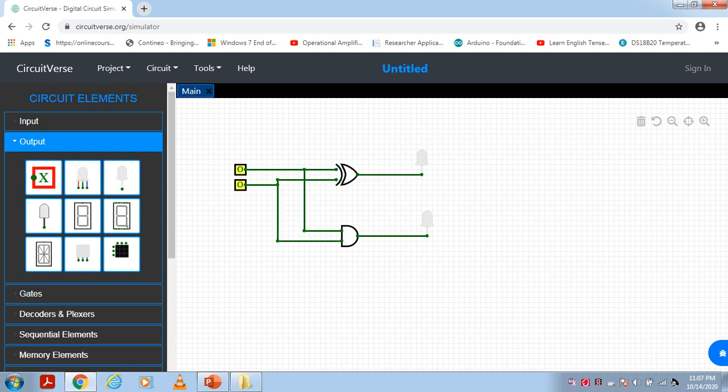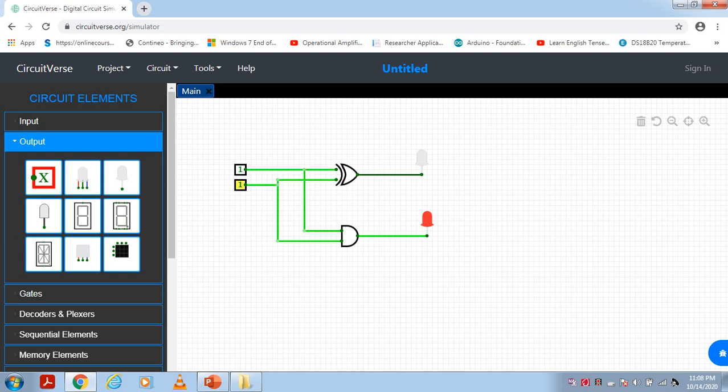Next input combination is 1, 0: sum is 1 and carry is 0. The last combination is 1, 1: the sum is 0 and carry is 1. So the truth table for the half adder circuit is verified.